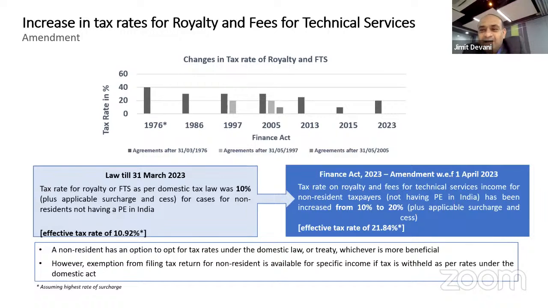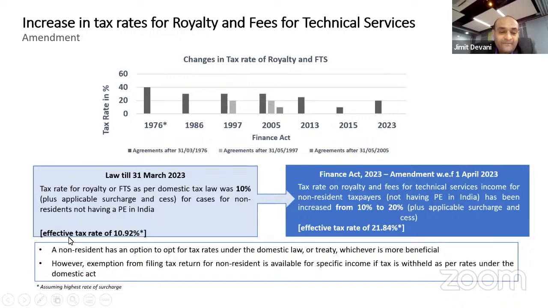The reason was very simple: once you file your tax return, there will be scrutiny, and they didn't want that. Sometimes we have seen that with the tax officer, litigation might arise, which they didn't want to give rise to. So basically they wanted to kill the issue at source, and that is why they were not even filing the tax return by paying that 0.92% extra.